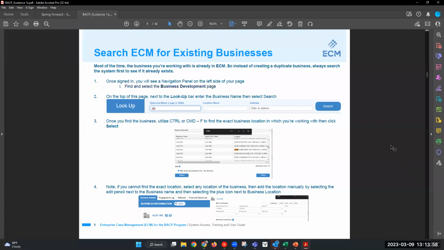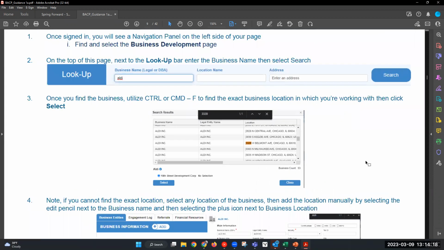For manual entry, how this works is that you go to the business development page, and then you should look up your business, because ECM already has integration with most of the businesses in Chicago, so you don't have to actually add it. If you look it up, your business is likely going to be there. For example, in this example, we have Aldi's, right?